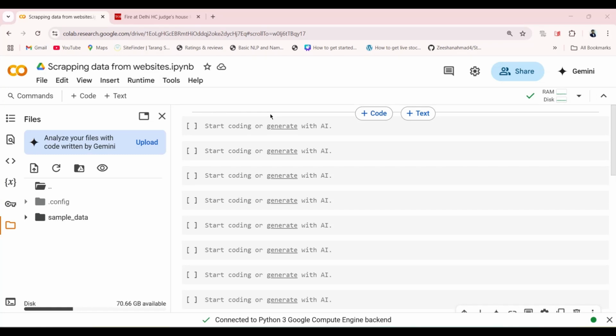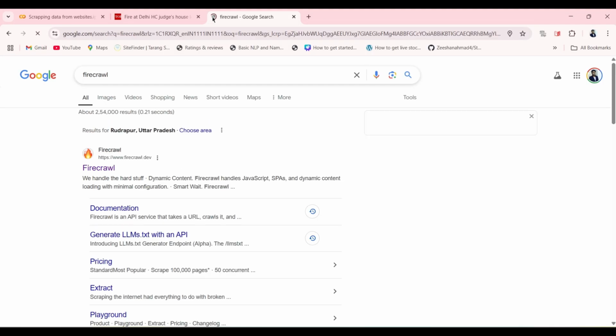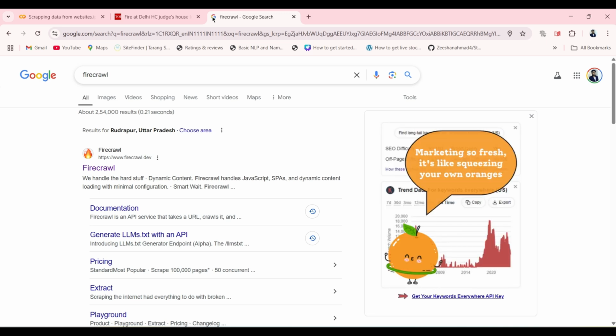Hello everyone, in this video I am going to show you how you can scrape the data from a website in a very simple manner. So first of all, search here Firecrawl. Firecrawl is basically an API through which you can scrape the data from a website in a very simple